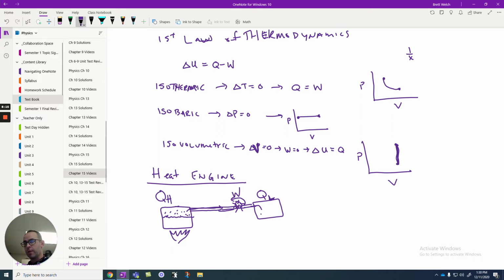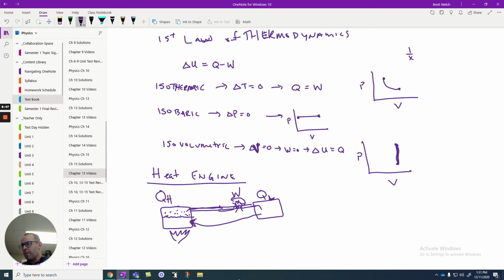Now what's really cool is when we take this QL and we allow it to flow back into our reservoir. Then we have a cycle that we can repeat over and over again. And this is how most of our steam engines and internal combustion engines, things like that, work. We allow more oxygen air intake into the reservoir, and we exhaust into the environment. Very similar to this happens with a lot of turbines and steam turbines.